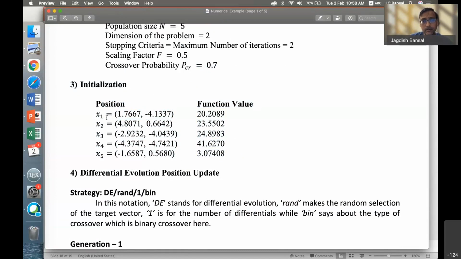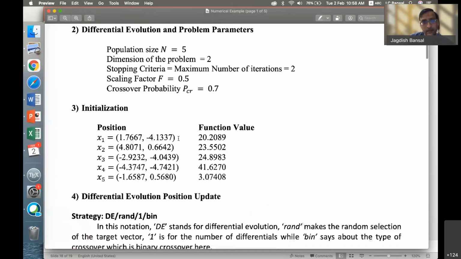So you are generating an ordered pair like this. This is a random number in the range -5 to 5. This is also a random number. This is also a random number in the range -5 to 5. All these are random numbers in the range -5 to 5, and we generate 5 solutions and calculate